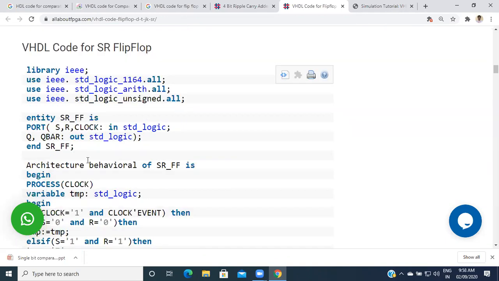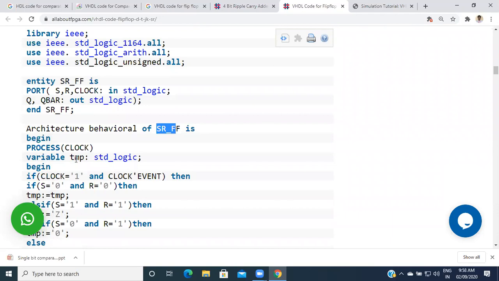Then architecture behavioral of SRFF is begin, process with clock. Variable temporary signal is nothing but STD_LOGIC. Then begin.